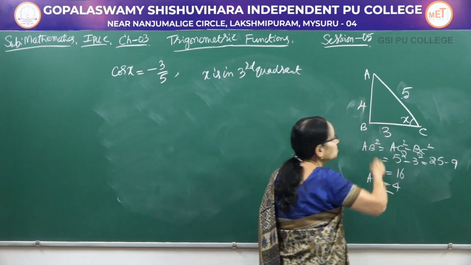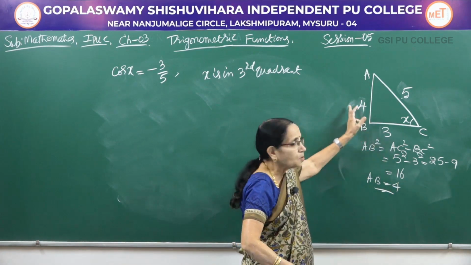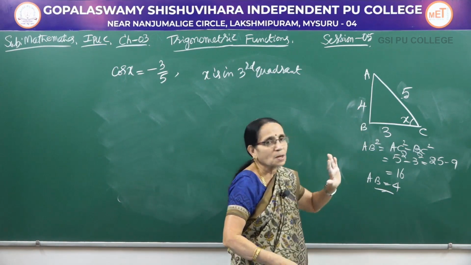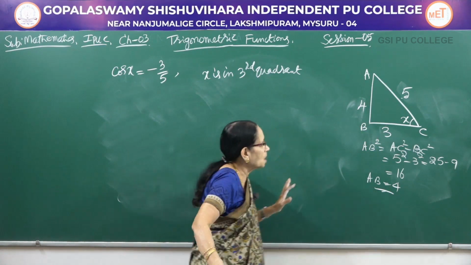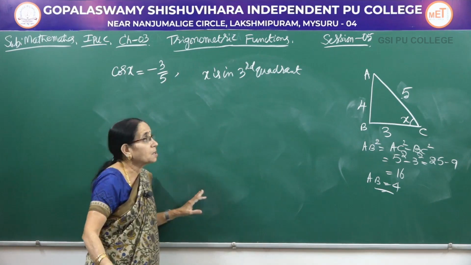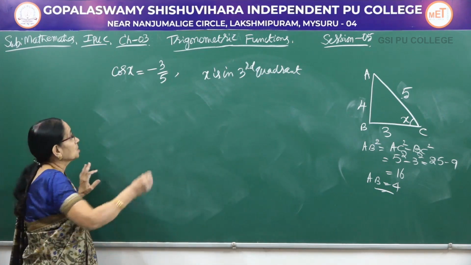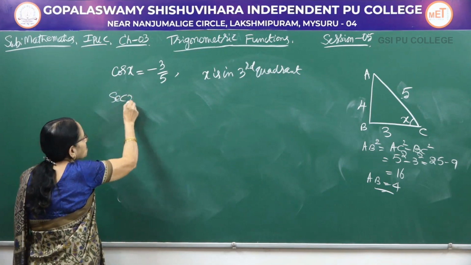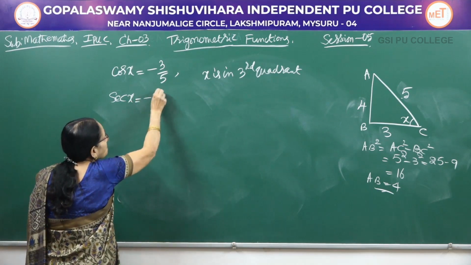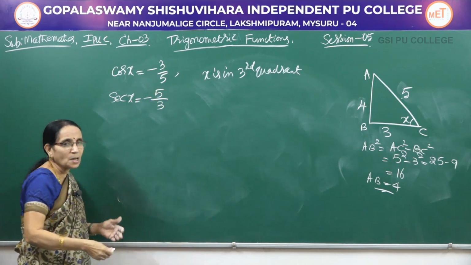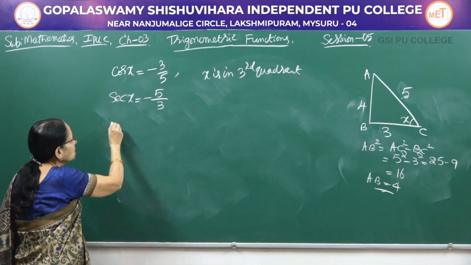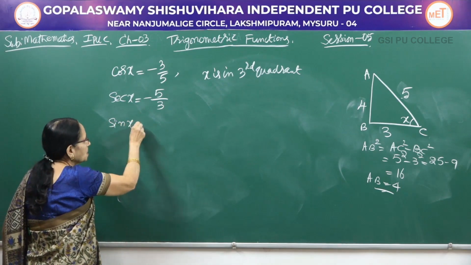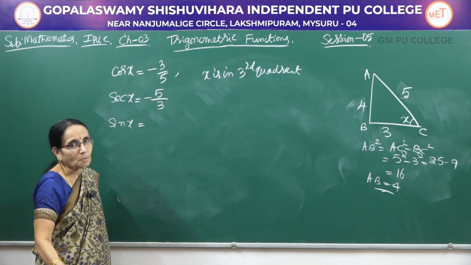So, here this is 4. Actually, this is also negative, even that would be negative. That is why I am telling you, do not write the sign there. Now, let me write the remaining. So cos has been given to us. Immediately you can write the reciprocal of this one, because the same sign, only the number would be reciprocated. Now, let me come to the remaining ratios, remaining functions, sin x.